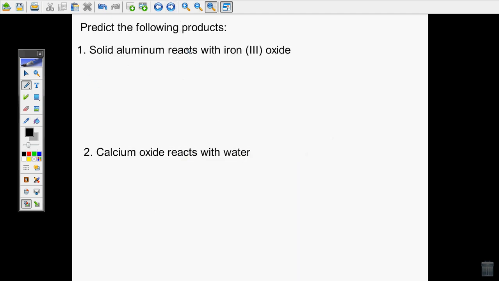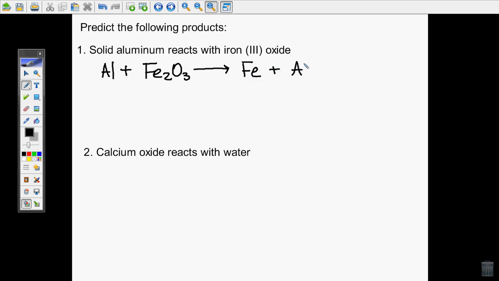Alright, so predict the following products. Solid aluminum reacts with iron 3 oxide. So I need to write this. So solid aluminum, so just regular aluminum, reacts with, so plus, iron 3 oxide. So now I have this single metal here by itself, so I know that this must be a single replacement. So this is going to swap out with this metal. So that will give me iron by itself